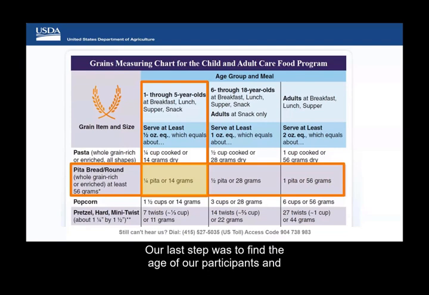Our first step was to find the age of our participants in the meal. We're serving 3-year-olds at lunch, so we would choose the 1 through 5-year-old column. We follow that column down to the pita bread round row. Where the column meets the row, it tells us we need to serve 1/4 of the pita bread round to meet the minimum amount of grains required at snacks for